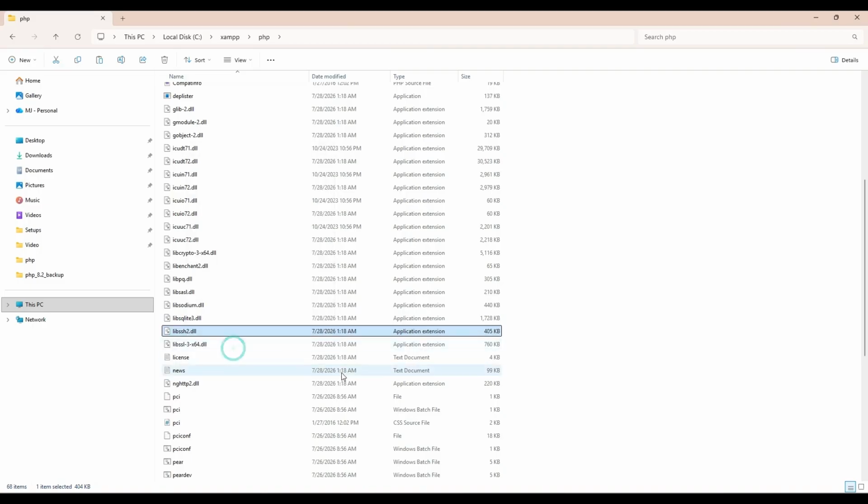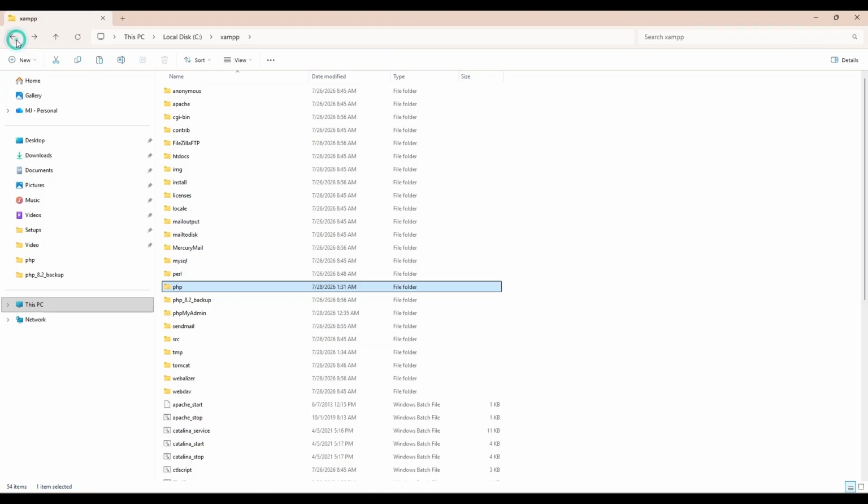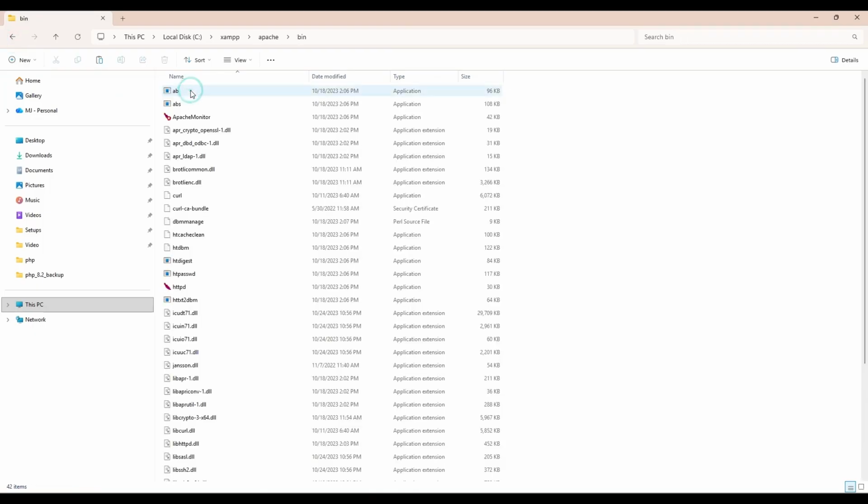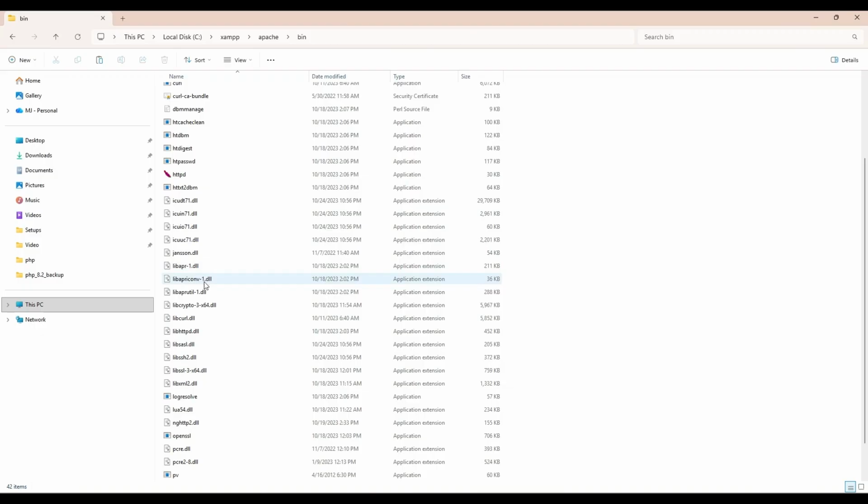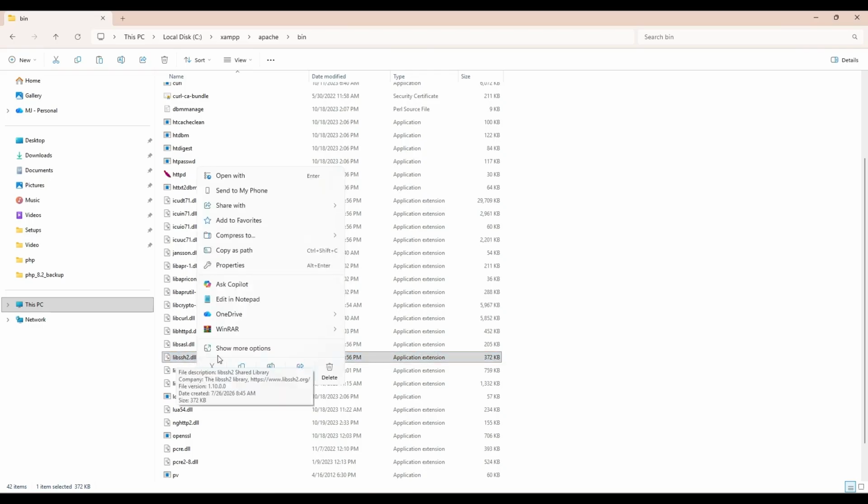I'm going to navigate back to the Apache bin subdirectory. We're going to find a file with the same name, which is right here. I think, where is it? As you can see, we have it right here. Okay, libssh2.dll. We can replace this file directly, but I want us to rename this file,